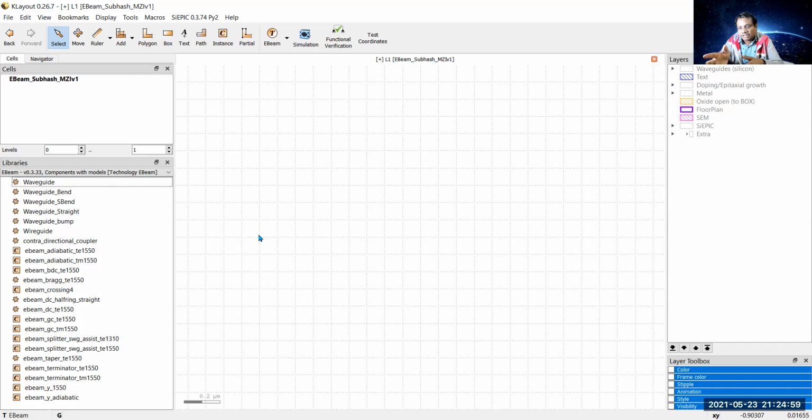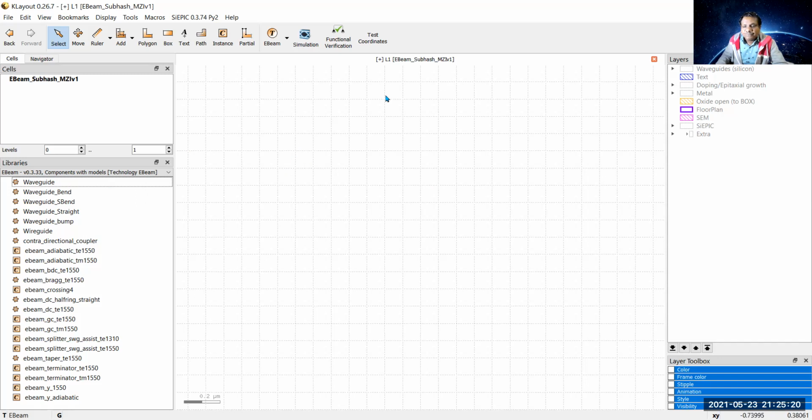On the second part, you can open your KLayout software and follow the video lecture so that you can prepare your own. My process is slow, so that you can follow exactly whatever I'm going to follow to make the Mach-Zehnder interferometer.